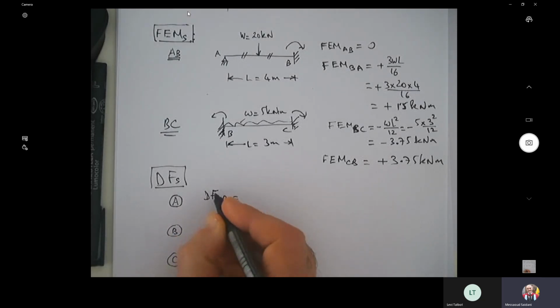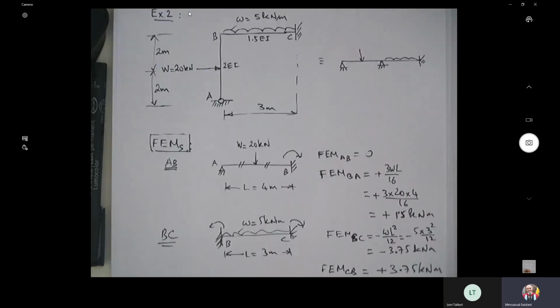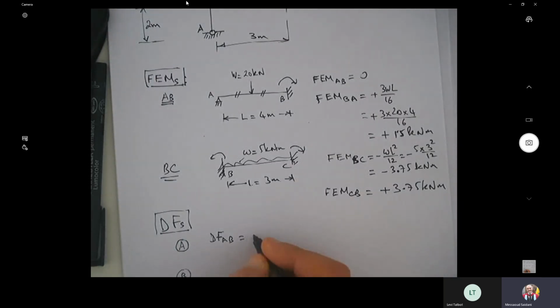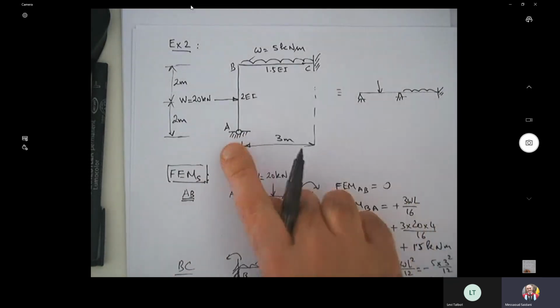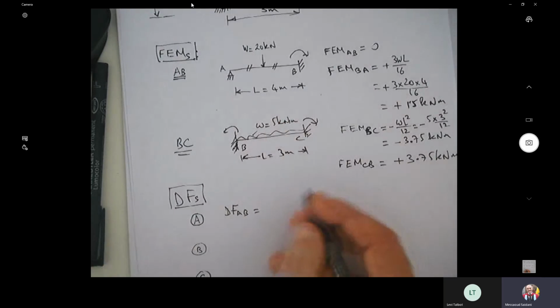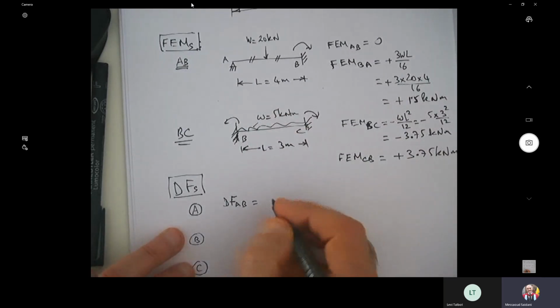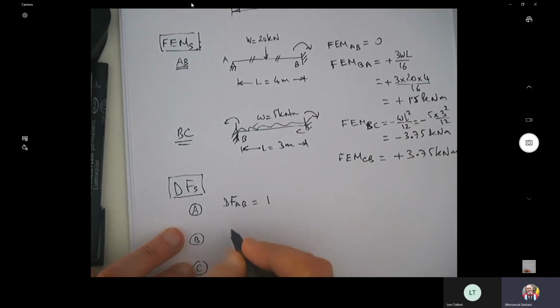DFAB. What can we say about the distribution factor for A? 0, yeah, exactly. Is it 0 or 1? 1. Yeah, because it's pinned. If it's fixed, it's 1. If it's pinned, it's 0. Okay? And then we have